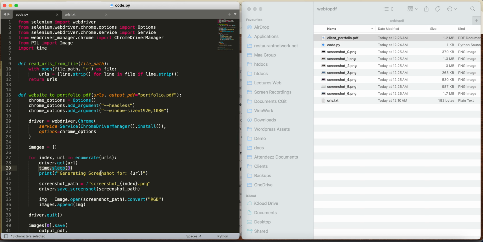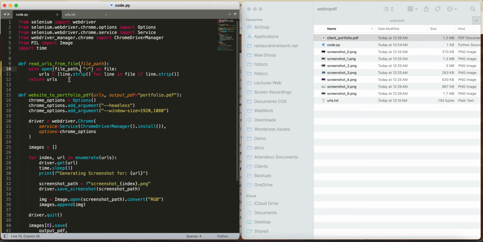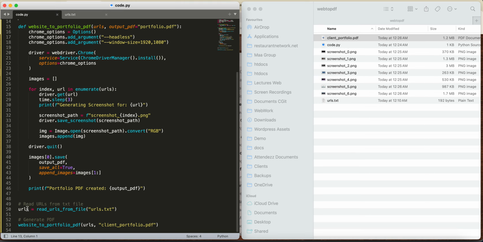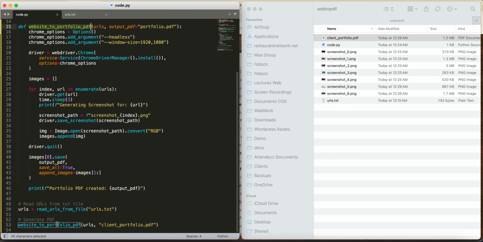It comes from the time library, and there is a function available with def. I have defined a function that will read the URLs from the urls.txt file. After that, it converts them into an array and returns the array to this variable. There is also a function defined to convert the screenshots into a PDF. So it is called here, passing the URLs and any name you want to pass, like client